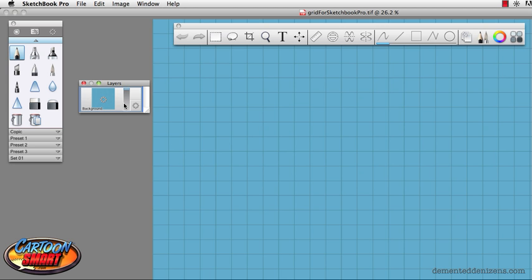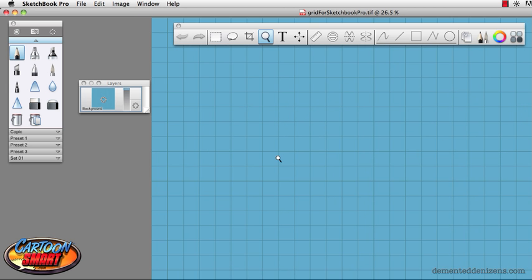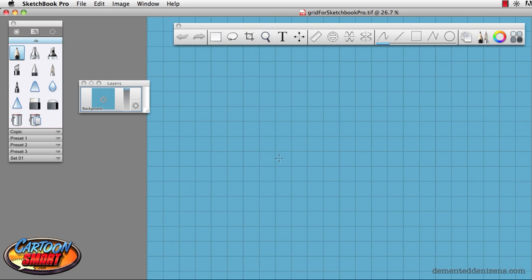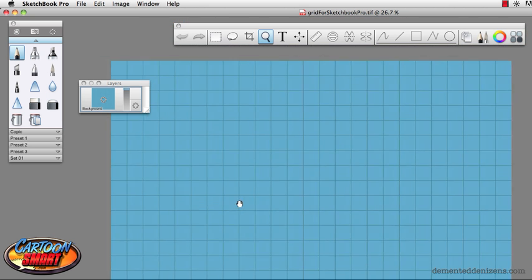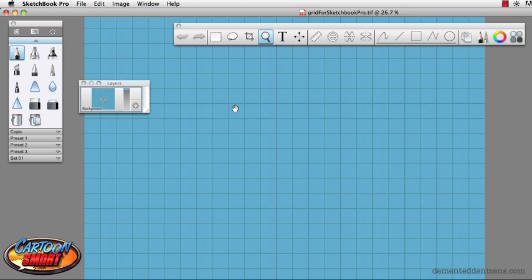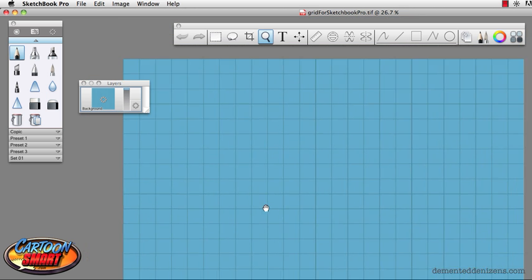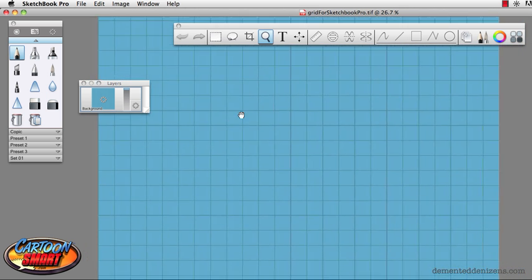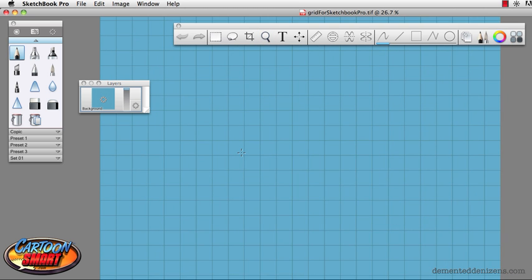So I'm going to zoom out a little bit, and here in Sketchbook Pro, if you press the spacebar by default, you're going to have this little round widget thing that pops up. And if you mouse over the center here and you drag, it's going to zoom your image in and out. And the outer part is just going to allow you to move your screen around. It doesn't actually move the object, it's just moving your view of that object. Okay, so